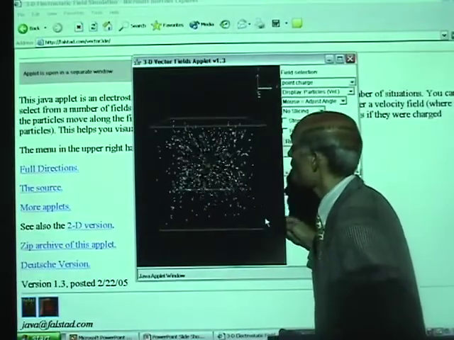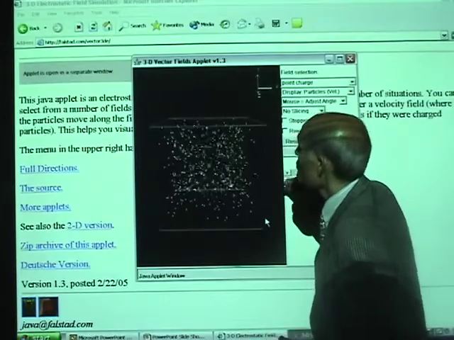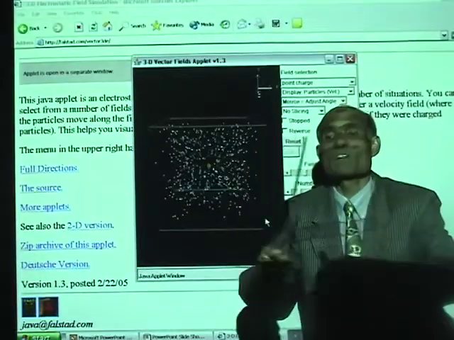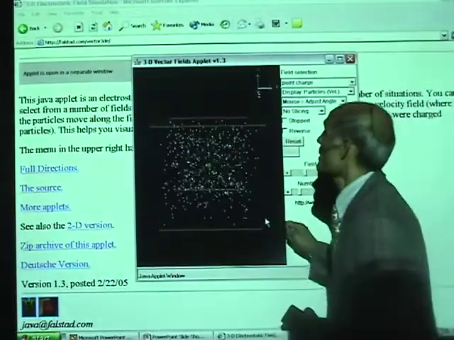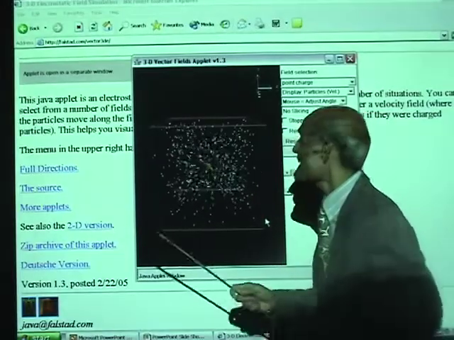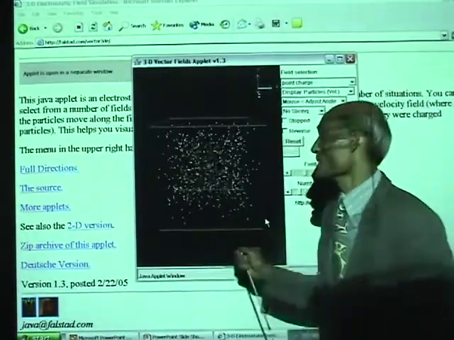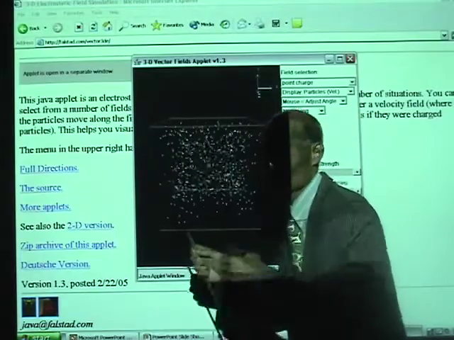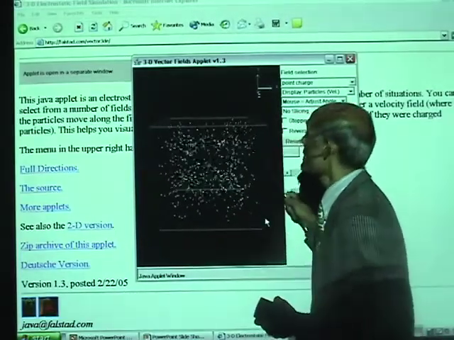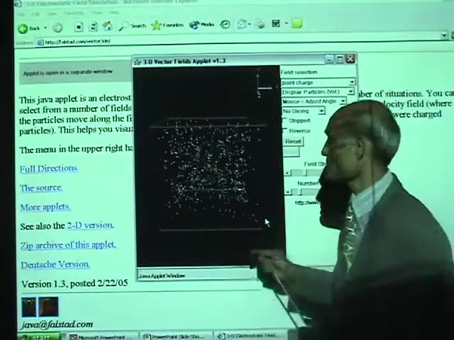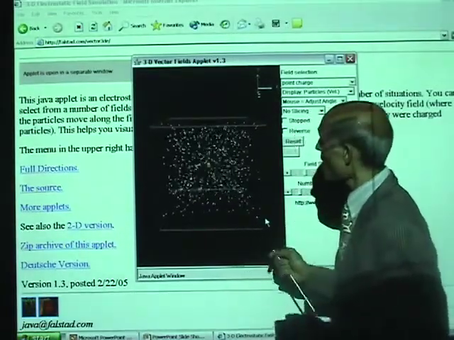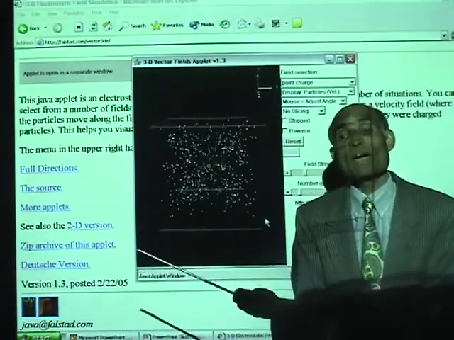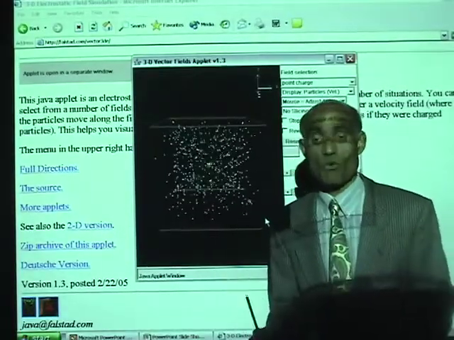If this is a positive charge at the middle, then all these negative charges are falling towards it. Just like objects placed in the gravitational field are falling towards the Earth, the electric charges placed in an electric field will move. If this is a positive charge, then the negative charges will all move towards it. If this is a negative charge, then positive charges will all move towards it. That's a beautiful illustration of how a three-dimensional space around a charge exists where the electric charge exerts force on